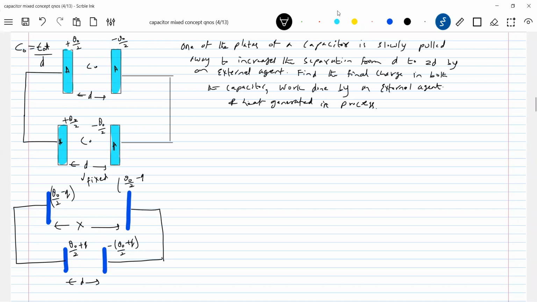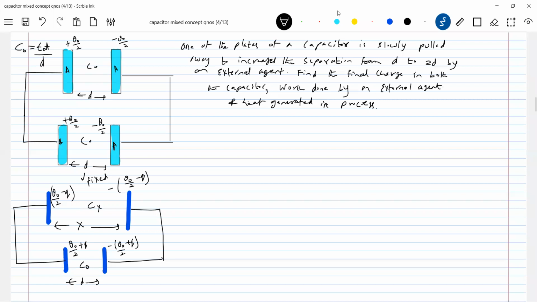Is there any mechanism I must assume? You do one thing, you assume arbitrarily. Here for the upper plates, charge will increase; here it decreases. Solve it. If you get Q negative, change polarity. If you get Q positive, what you assumed is right. I'm assuming that the charge of this capacitor increases, whereas this one you call Cx, because it is a function of x, no? Call it like this here.